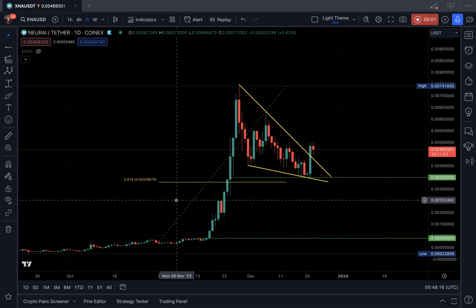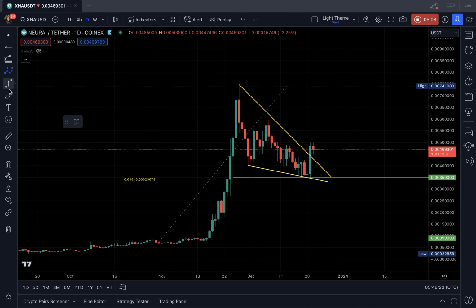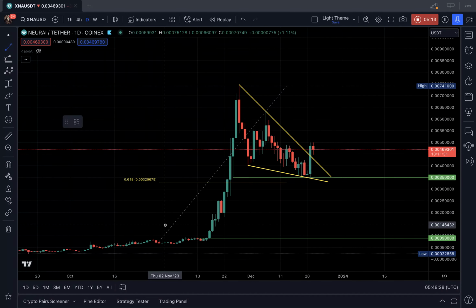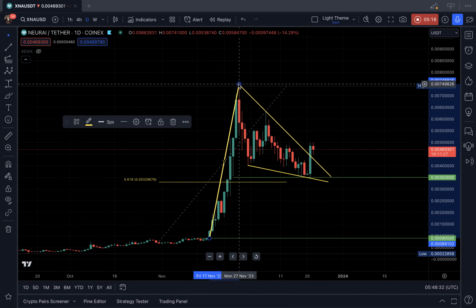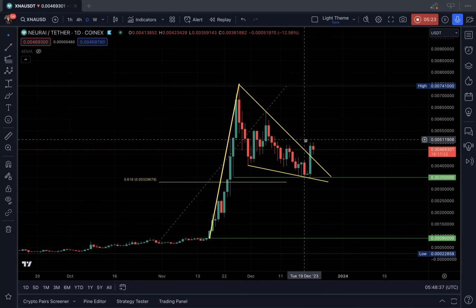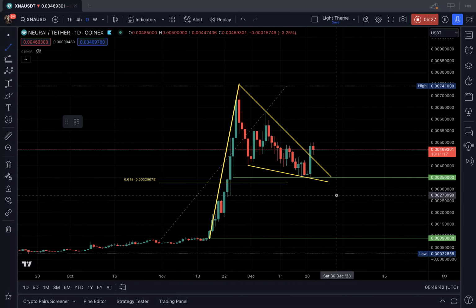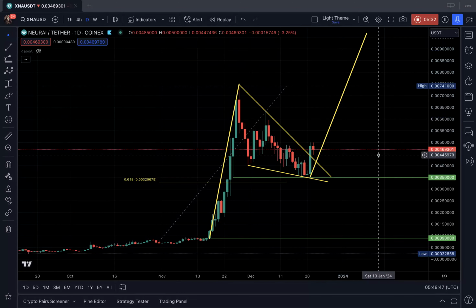The second target is a bit more speculative because I'm assuming that what we have here is an A, B, C, D pattern. It is a harmonic pattern, which includes a bullish wave. This is the A, B, okay? This is the correction. And the next wave is the CD wave, okay? Let me